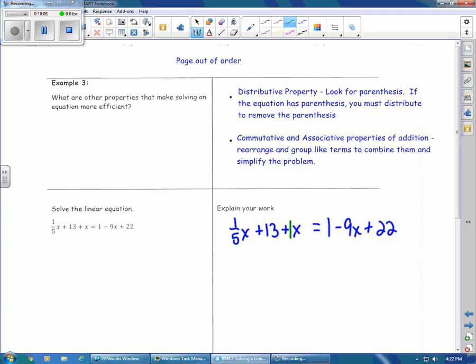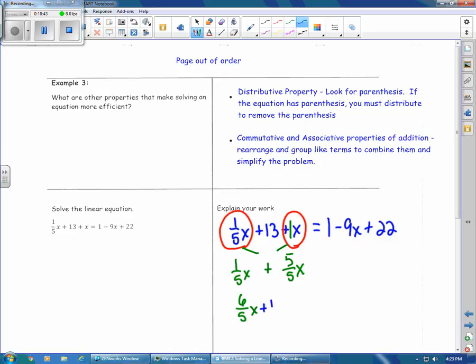So if I've got an x term here and an x term here, they're both on the left side of the equal sign, so I want to combine those. What I have to do is turn this 1 into a fraction. The way I do that is 5 divided by 5 x, because 5 divided by 5 is 1. So now I've got 1/5 x and 5/5 x. I can add those together, combining these like terms. So I will have 6/5 x